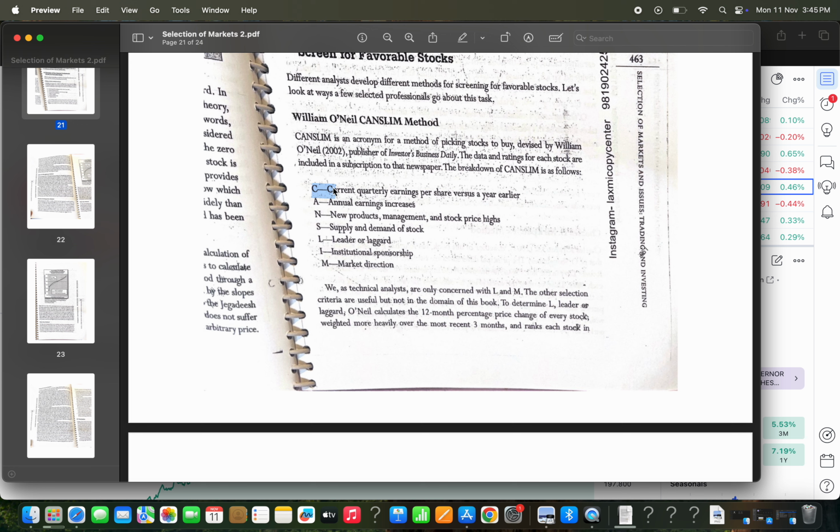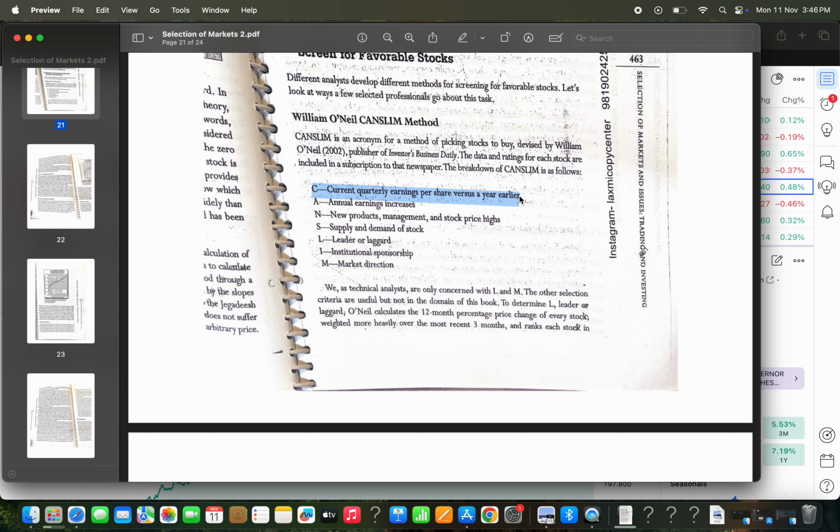C is basically current quarterly earnings per share versus a year earlier. So what is the comparison or the difference between the quarterly earnings of this year versus what it was a year back? And then we have A, which means annual earnings increases. And then we have new products, management, and stock price high. And then we have obviously the supply and demand, and then leader or laggard, institutional sponsorship, and market direction. So this is the CAN-SLIM method, and it is by William O'Neill, and this is one of the favorable methods